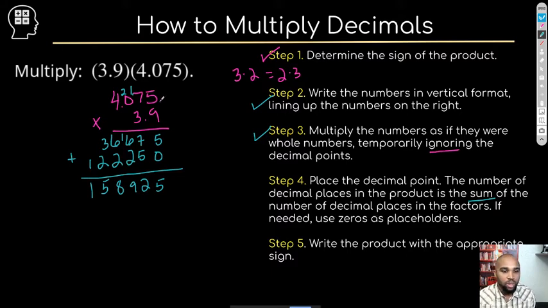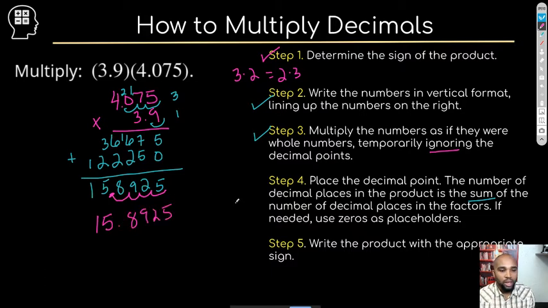So we got 1, 2, 3, and 1 here. So we have a total of 4 decimal places. So guess where we're going to put our decimal? We're going to start at the end here, and we're going to count 1, 2, 3, 4. Because we have to add 3 and 4. So our actual number is